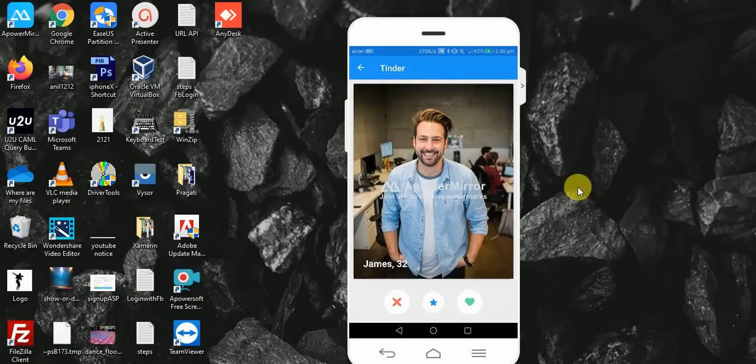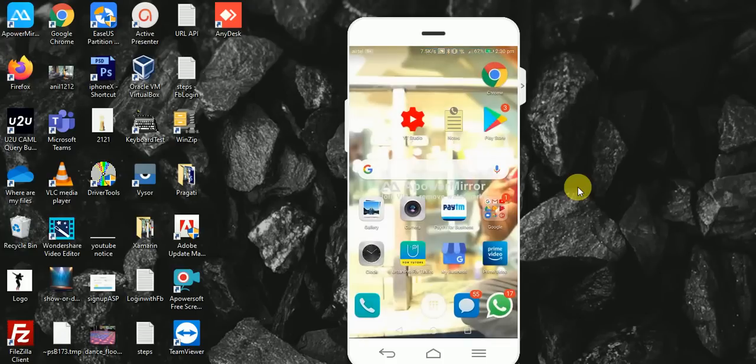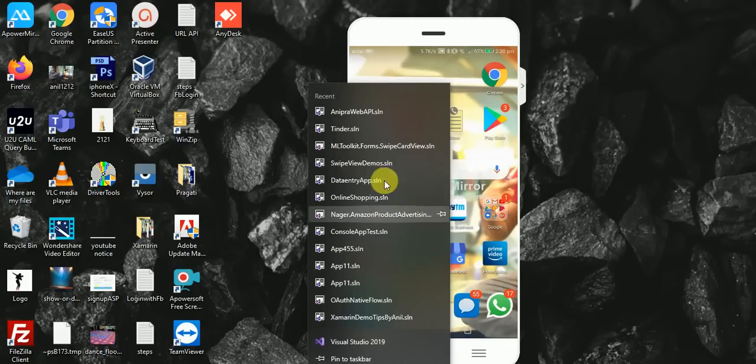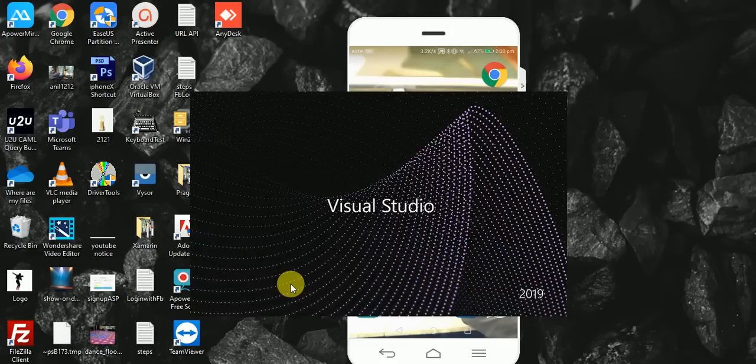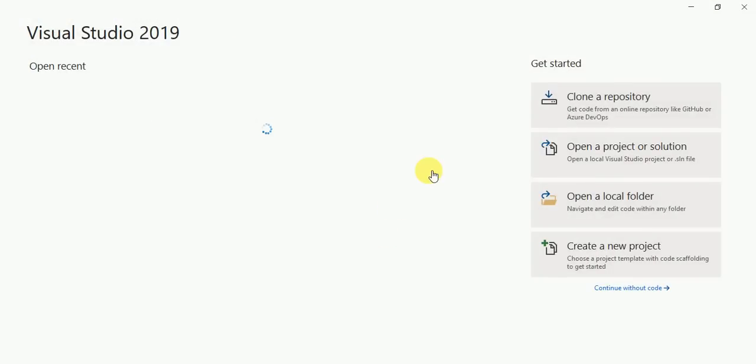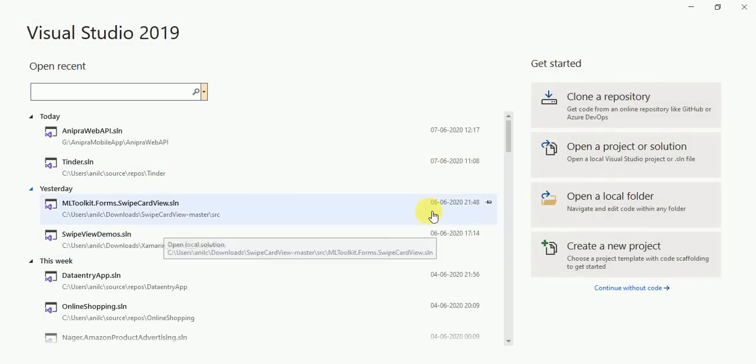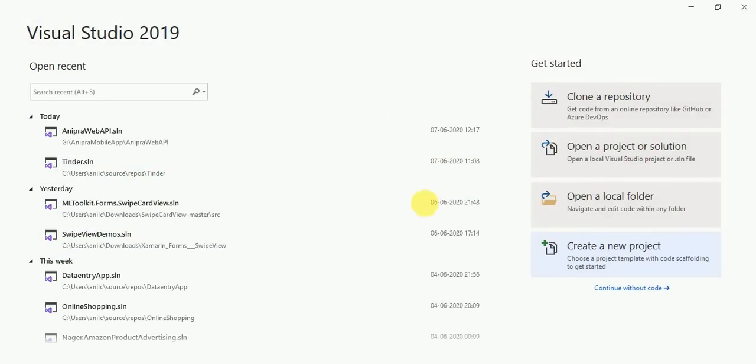So let's move to Visual Studio, and here I will create a new application. The template will be the mobile app for Xamarin.